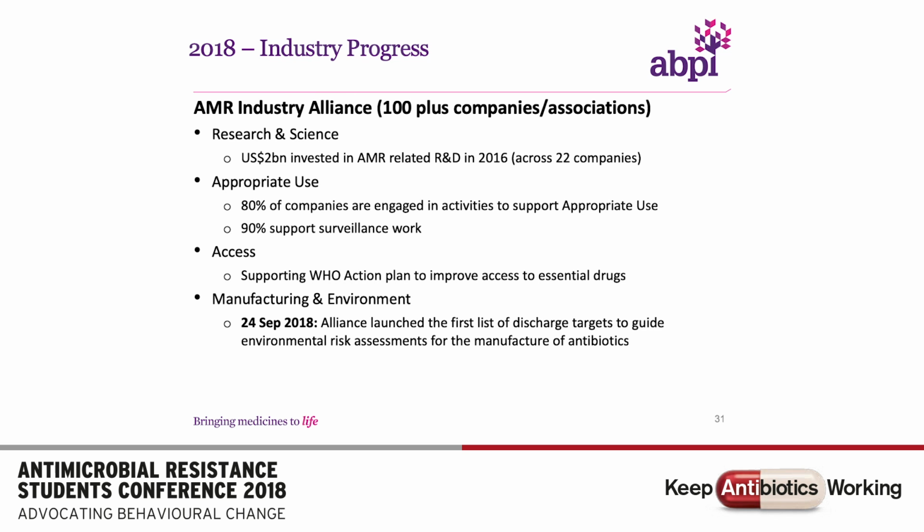At the beginning of this year, and if you recall, a lot of the initiatives were kicked off around 2016. So we've had like a 2-year progress report. The Industry Alliance, which kicked off with those 100 companies and associations, produced its own report, which concluded that in 2016, the industry had actually invested about $2 billion across 22 companies, many of these now newer, smaller companies involved, which is great news. 80% of these companies engaged in activities to support appropriate use, 90% support surveillance work around the world,